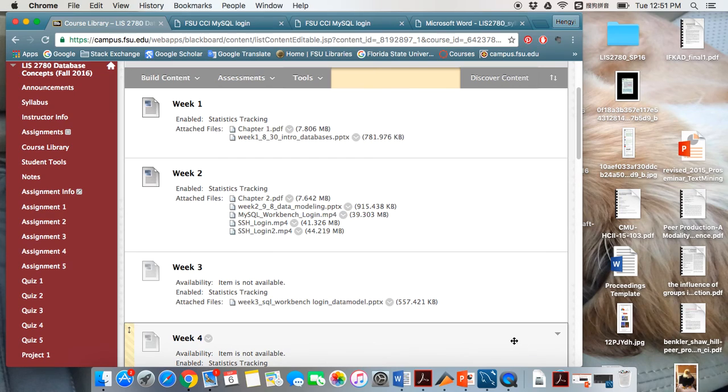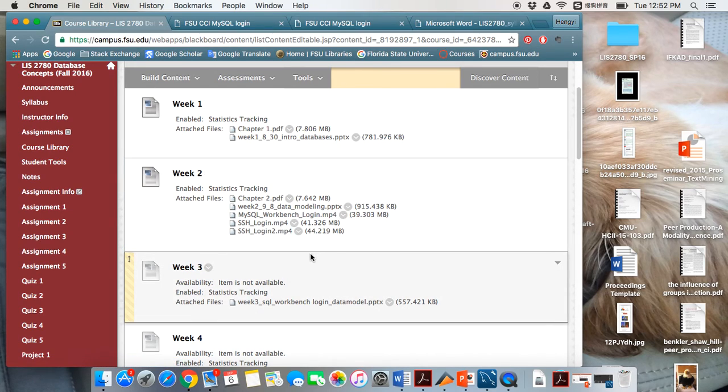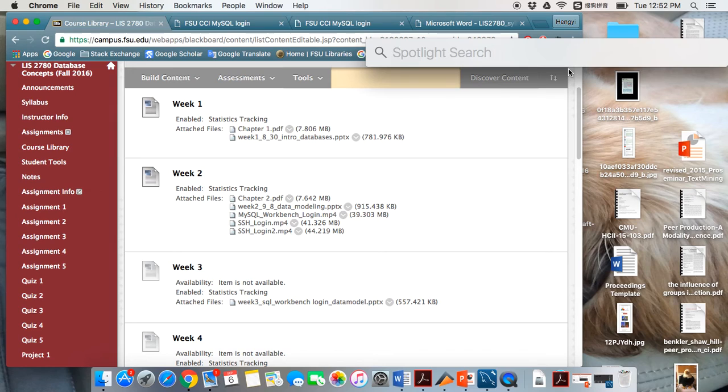Now I would like to demonstrate how to create the SSH login if you are using a Mac. This SSH login.mp4 is for those of you who are using a PC, Windows. So if you are using Windows, please refer to this video. And if you are using a Mac, please